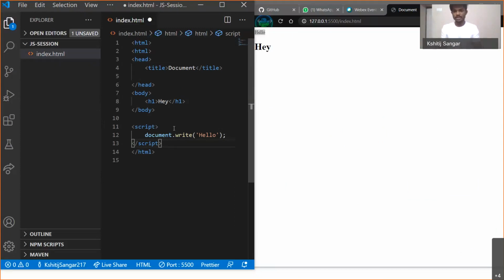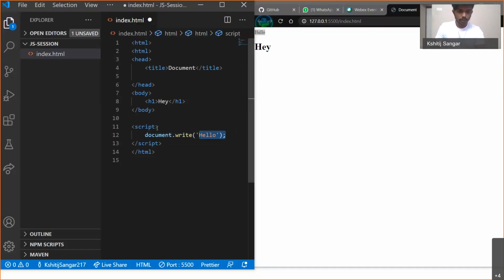We don't want the functionality first. If you type your script tag at the top, and there are about 90 to 100 lines of code, it will first load that entire file, which is unnecessary at first, and then it will load the page. So it may create some issues for loading. So always keep your script at the end, and that's a good habit.